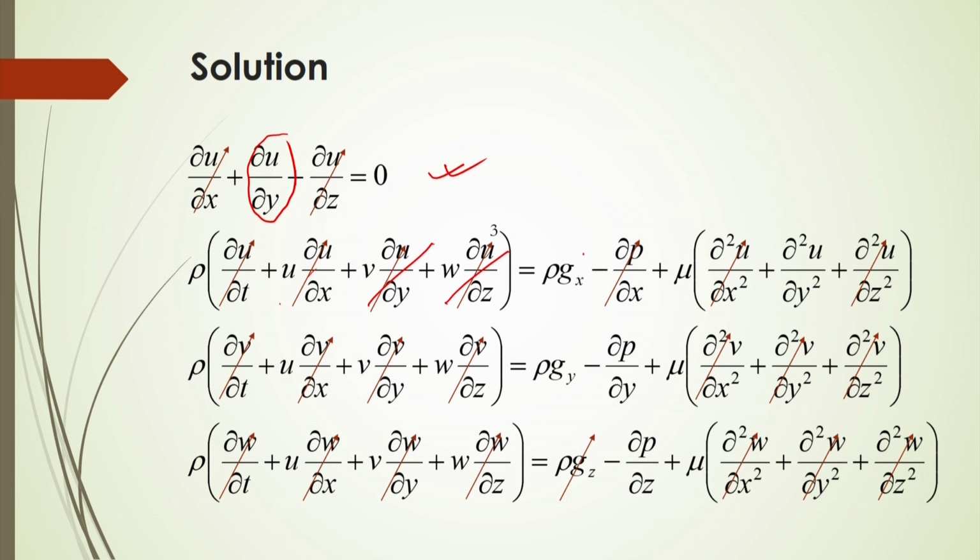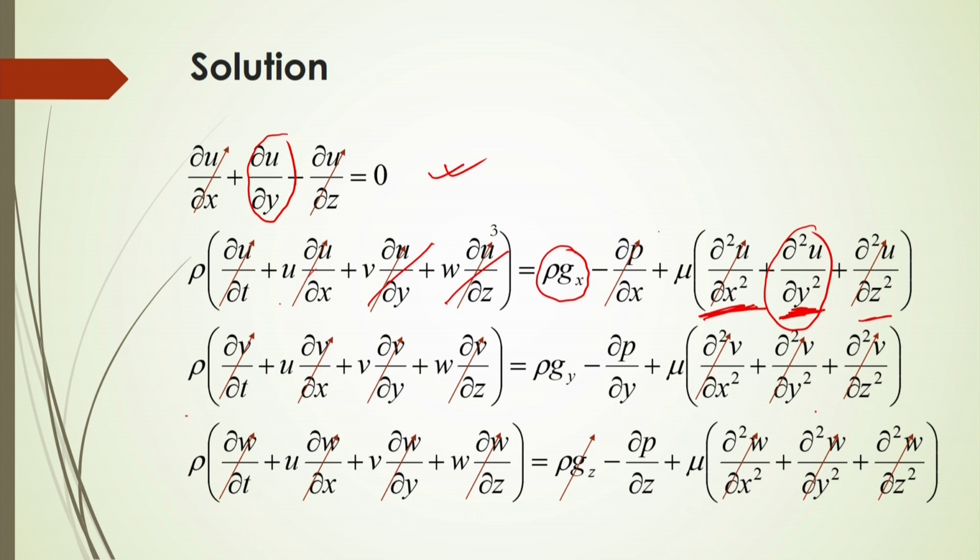So, here the only thing is ρg_x in the x direction, the gravitational force component, and here ∂p/∂x will be equal to 0 because there will be no change of pressure in the x direction, and there will be no viscous force in this x direction, but there will be viscous force acting over the y direction. That means there will be a velocity gradient in the y direction due to this viscosity, and that is why these components will remain in the x direction.